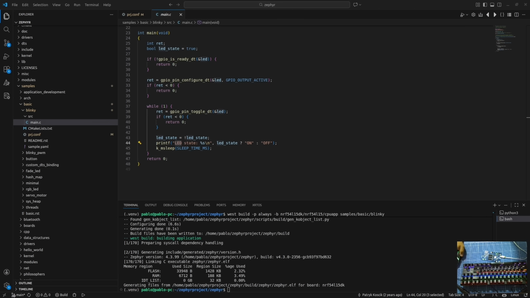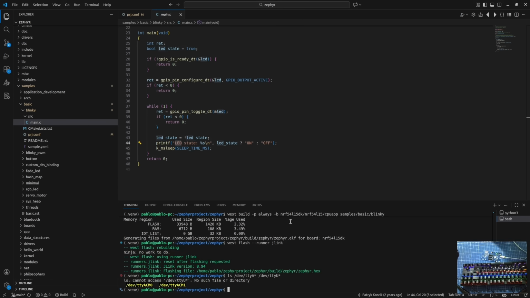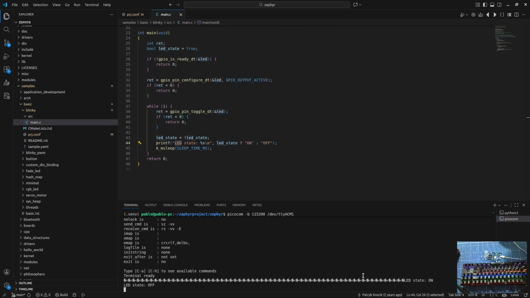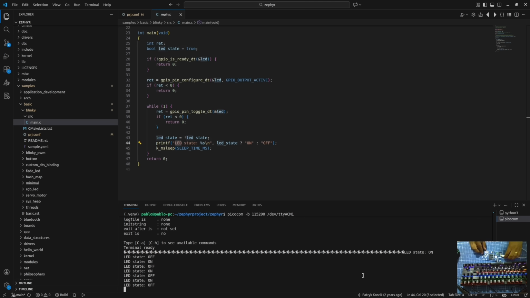And now let's flash this board. To see this content in the terminal, I'm using Picocom. Let's check the connections that I have here. I'm using this ACM1, and I think that I have saved this one. Yes. And now we can check the terminal status and this LED in the camera.